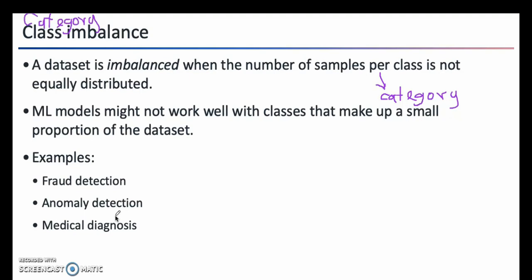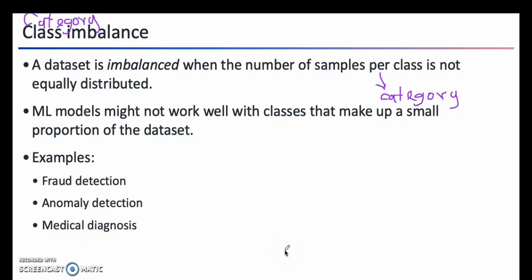So in such a scenario, machine learning models may not work well with classes that are considered infrequent, because there are not enough samples available to learn patterns, or because it would be difficult for the classifier to identify or match such patterns. So a machine learning model may optimize on the dominant class, therefore creating some type of bias, because it might be sufficient to achieve good performance given the volume of the dominant class.